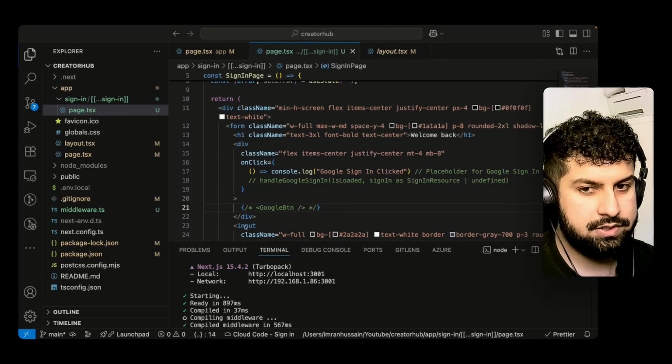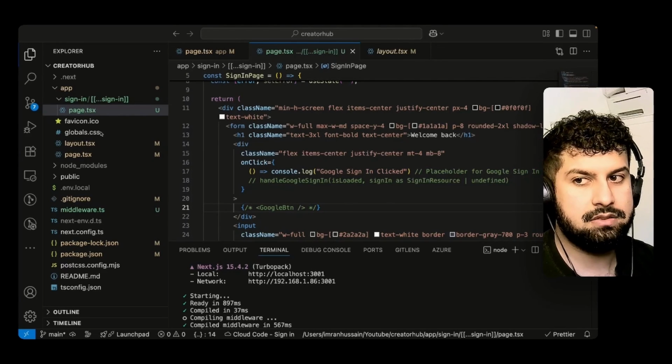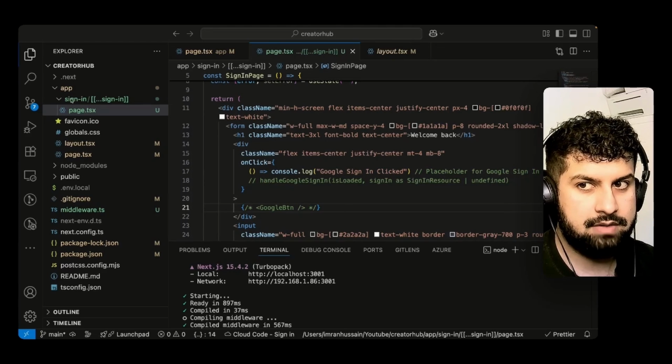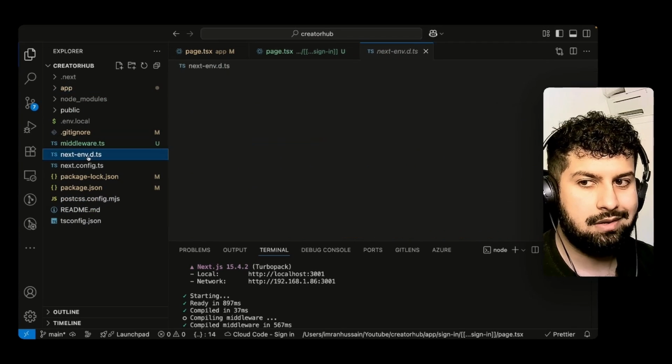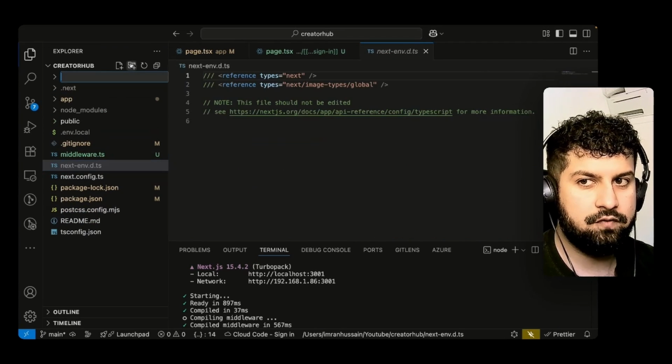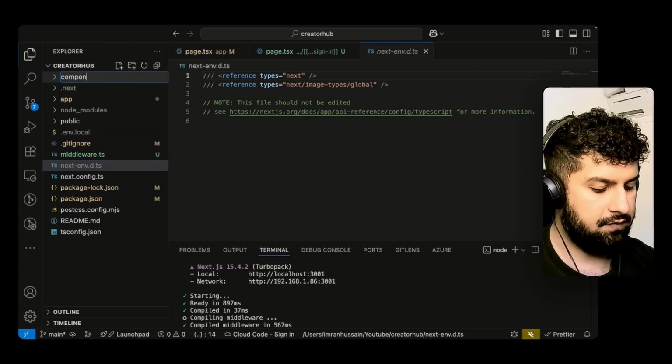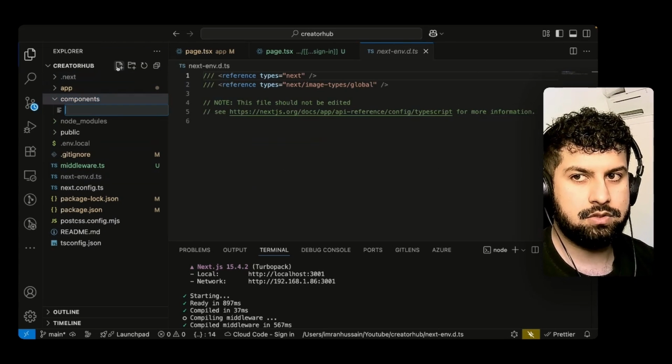Right, so what I want to do is create this Google button, but that is done with Clerk components. So let me just close the app routed down. At the top level, what I want to do is create a new folder. This is the components folder, like so. And in here, I'm just going to create a file called